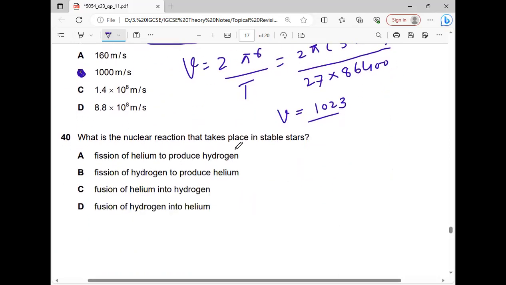What nuclear reaction takes place in stable stars? Stars, okay, fusion. Fusion always occurs in the stars, and in stable stars it means hydrogen into helium. So option D is the correct